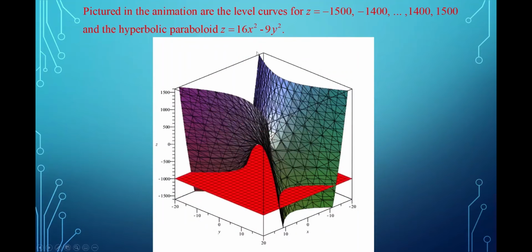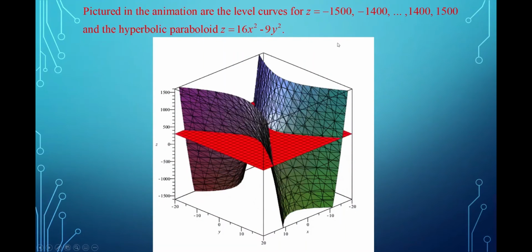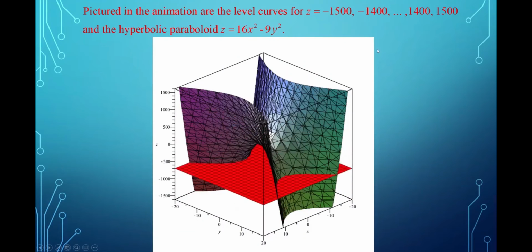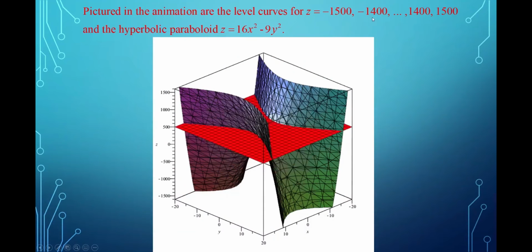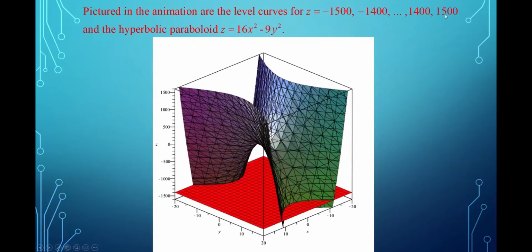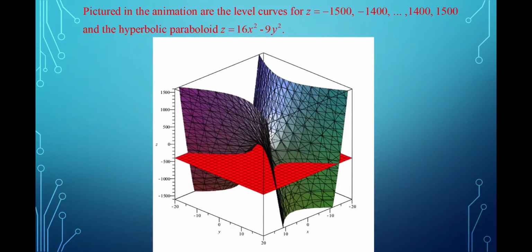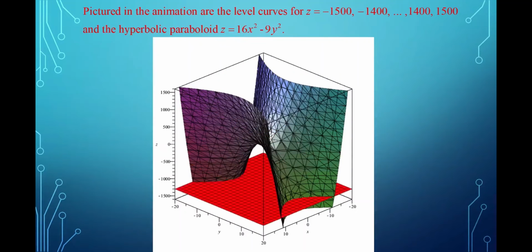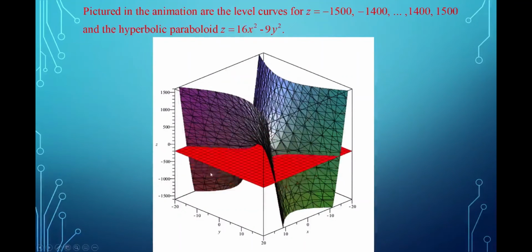And then here's my animation for level curves for a hyperbolic paraboloid. Its equation is z equals 16x squared minus 9y squared. We're going to look at level curves corresponding to z equal to negative 1500, negative 1400, up by hundreds to positive 1500. You kind of notice here that the level curves are hyperbolas, and that what happens is down here